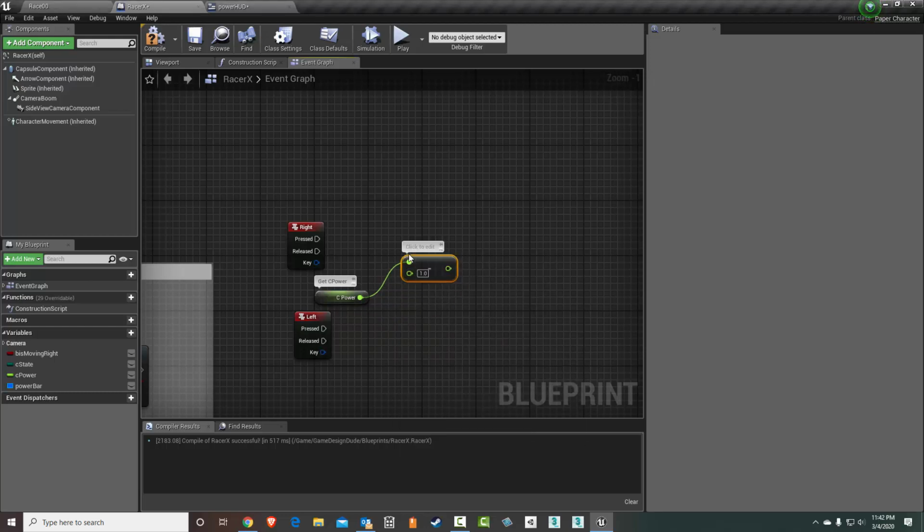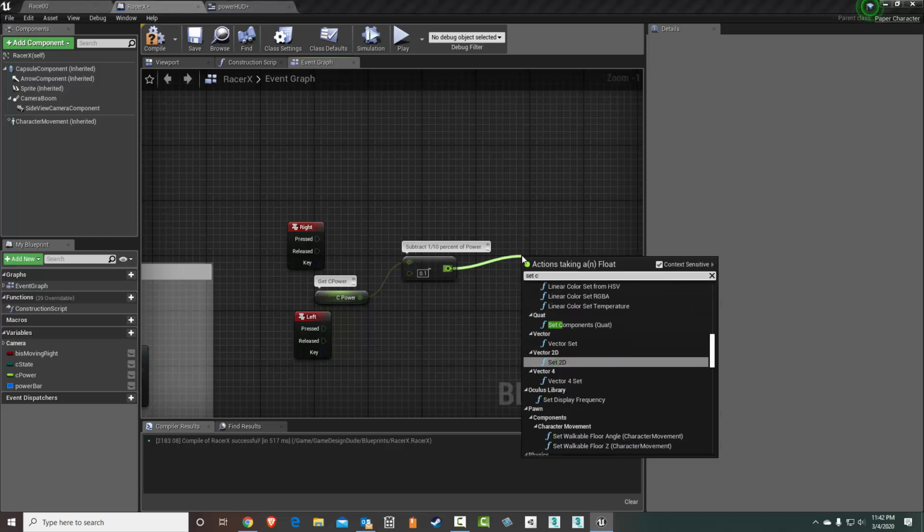So we're going to subtract 1/10% of power. Then we'll go over here and say 0.1. Right, and then from here we'll set